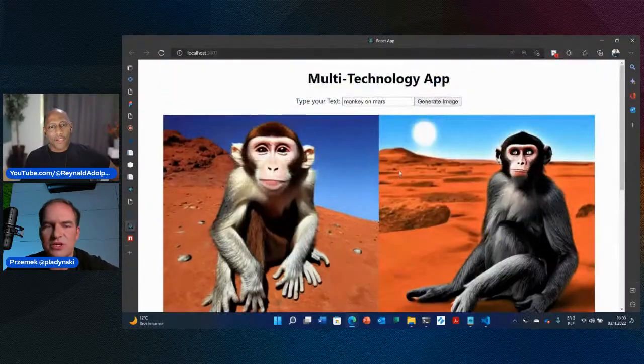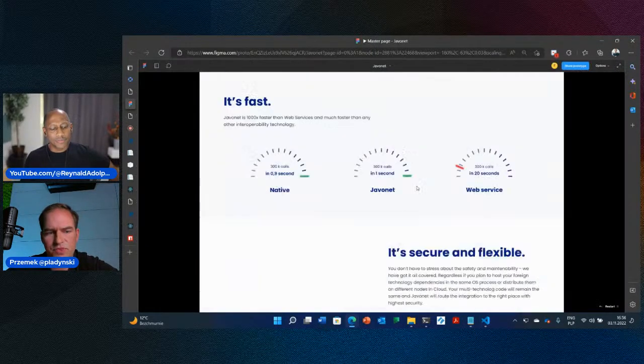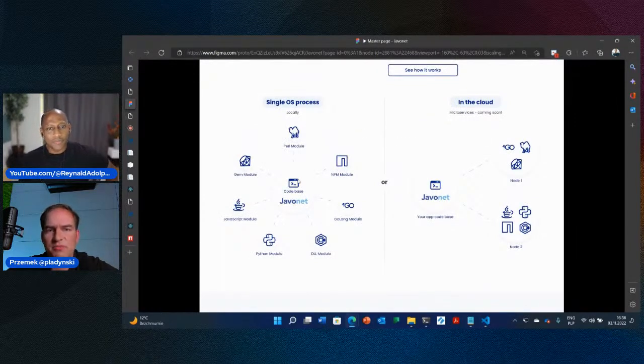I'm not showing you this example here because we don't have that much time, but I prepared something really special for the end of today's meeting. So all of those applications that we're building right now together were built in the single application operating system process. So this is this approach. So we have our application created, for example, with .NET, created with Java, created with JavaScript, and we want to use the module from our other technology. So we spin up the runtime of the other technology with Javonet in our process. So our NodeJS application runs the CLR and loads the .NET library and binds to it.